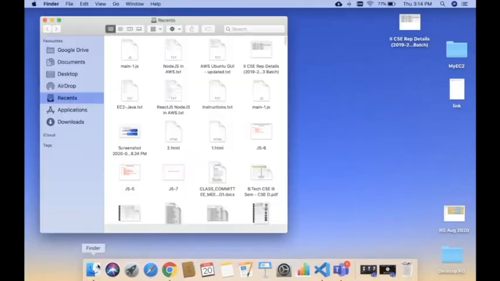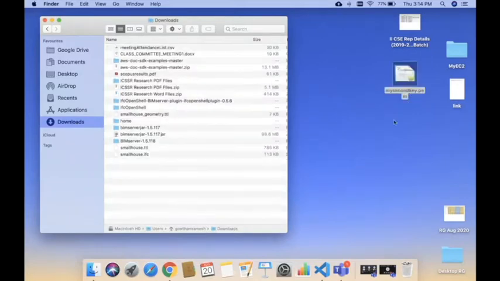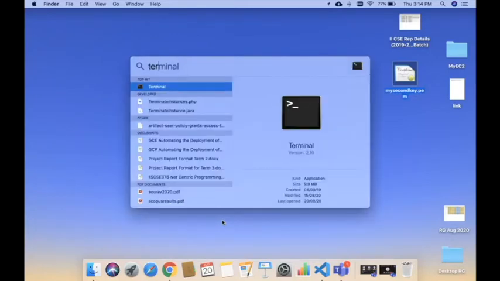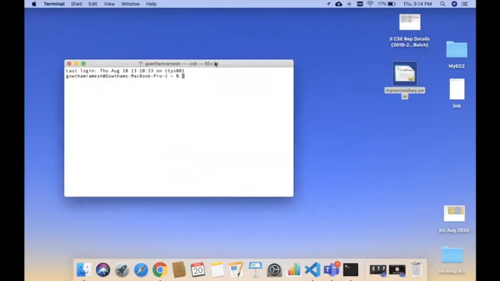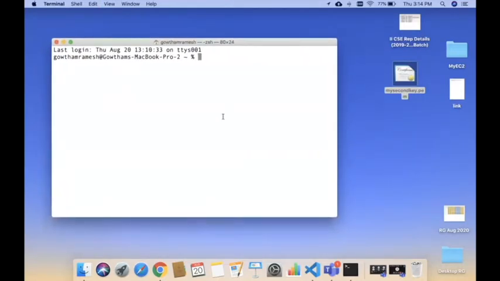I have kept my key from the download section on the desktop. I'm going to open a terminal. From this terminal, I'm going to navigate to the place where I have my key file.